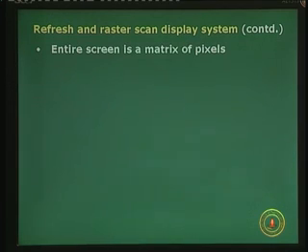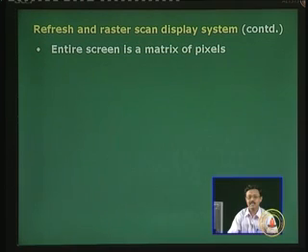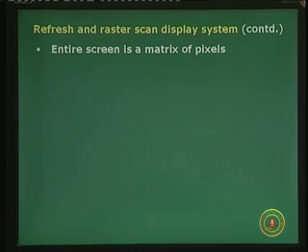Well, a few other points. Another important point, which is a distinguishing fact between the refresh raster scan display systems on one side and the line based display systems on the other. The random scan, calligraphic or DVST are essentially line plotting commands, stroked, vectored or lined. In this case, it is point based. So, when we are talking of points, we have to visualize that the screen in the case of a refresh raster scan consists of a matrix of points, or what are called integer pixels or simply pixels